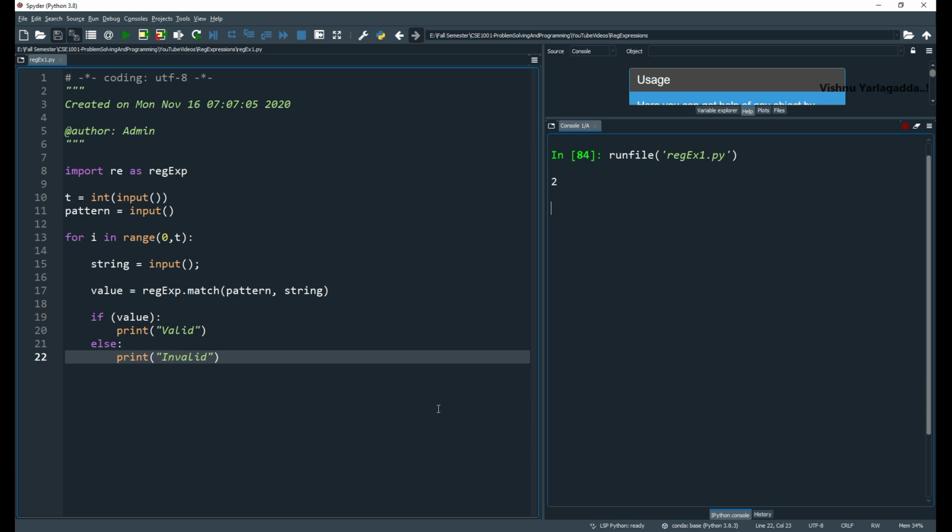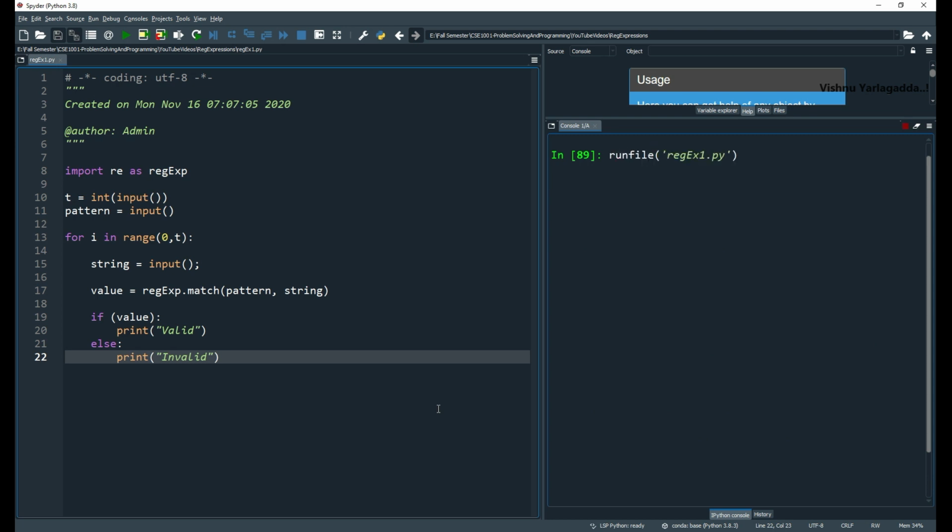Two test cases, thon\Z. Python is invalid, so Python is invalid. One second.